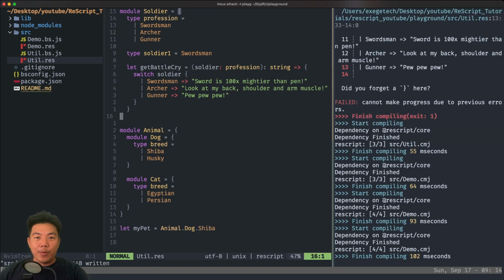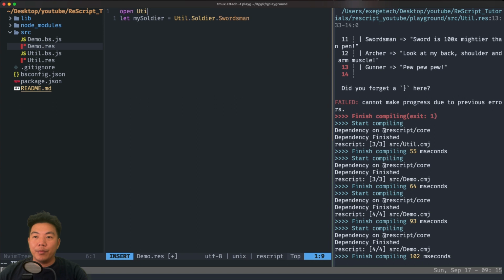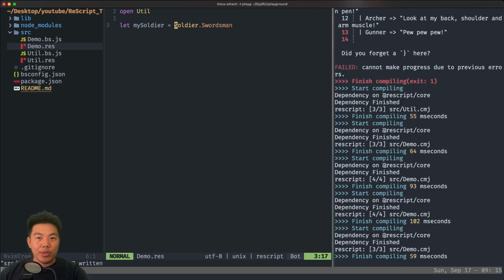If you don't want to keep typing module util, you can, of course, open the module. When you're opening a module in a scope, you're basically using the module's name as global in that scope. In this case, we open the utils module in the file scope. So you can just use soldier.sortsman. But you can also open a module in a function scope. For example,